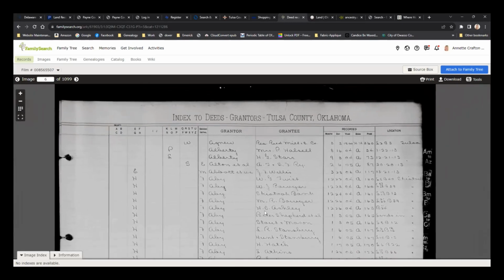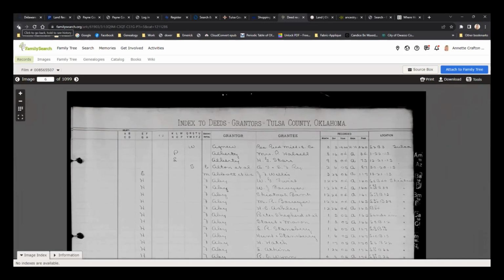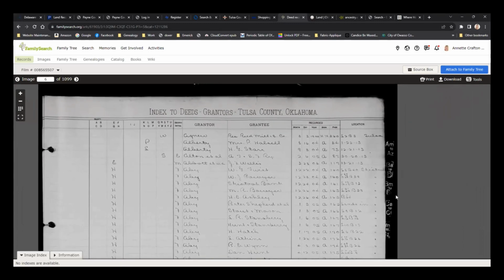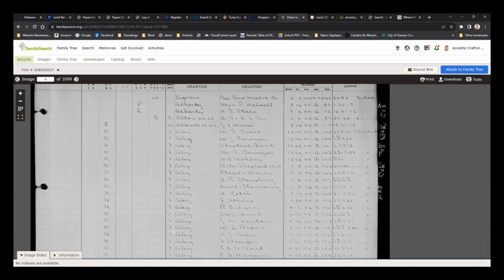because it happens. What's that stuff on the left-hand side, the A, B, C, D, E, F, G, H column? These big books at the courthouse have little tabs, and that's how you flip to a certain section. So right now we're at the very beginning. We're on AA to AL. And then the next tab is AM to AZ, just to help you flip to a certain section of the index.